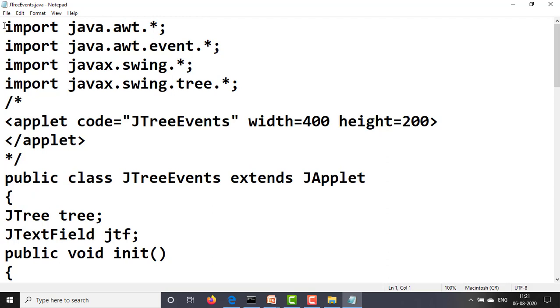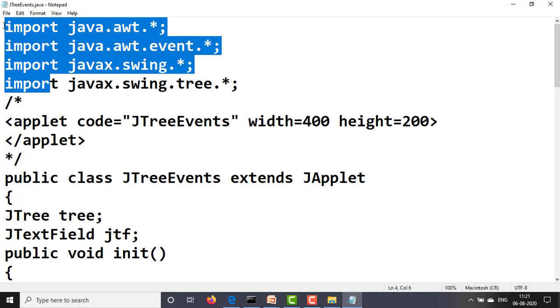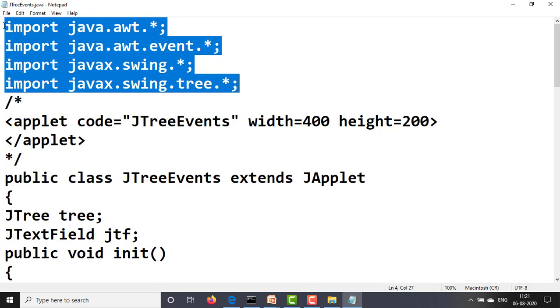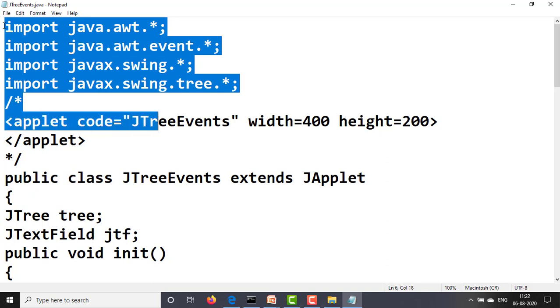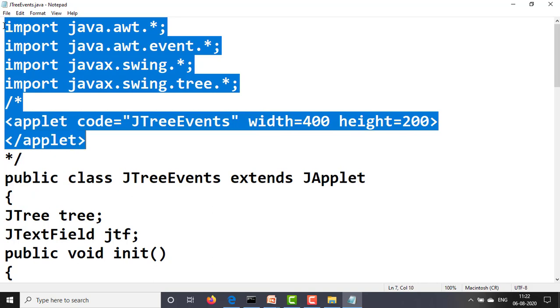First, import the packages. Import java.awt.*, import java.awt.event.*, import javax.swing.*, import javax.swing.tree.*; like these packages we have imported. Start a multi-line comment, start the applet tag, applet code equals JTreeEvents, class name, width 400, height 200, close the applet tag, close the multi-line comment.